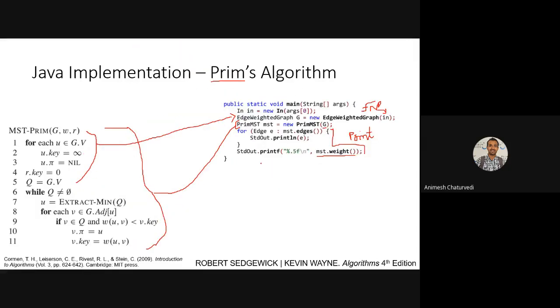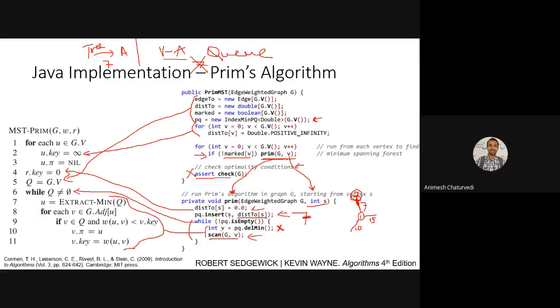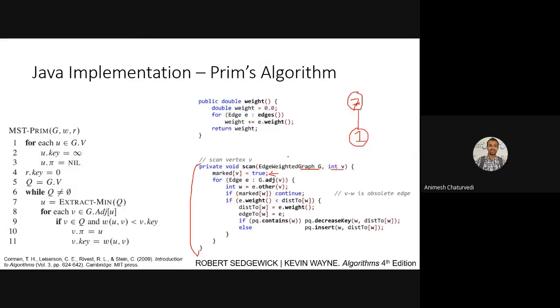This is what it means by marking, which we had discussed. Mark as true. If it is marked as true, then this whole thing will return false, and this if will not be executed, and Prim's will not be executed for that 7. But this time the 7 will be explored, and this thing would be done for that 7. Till now Prim's has not been completed yet. So this whole thing will be executed, so for all the vertices in G, for the 7, this will happen.